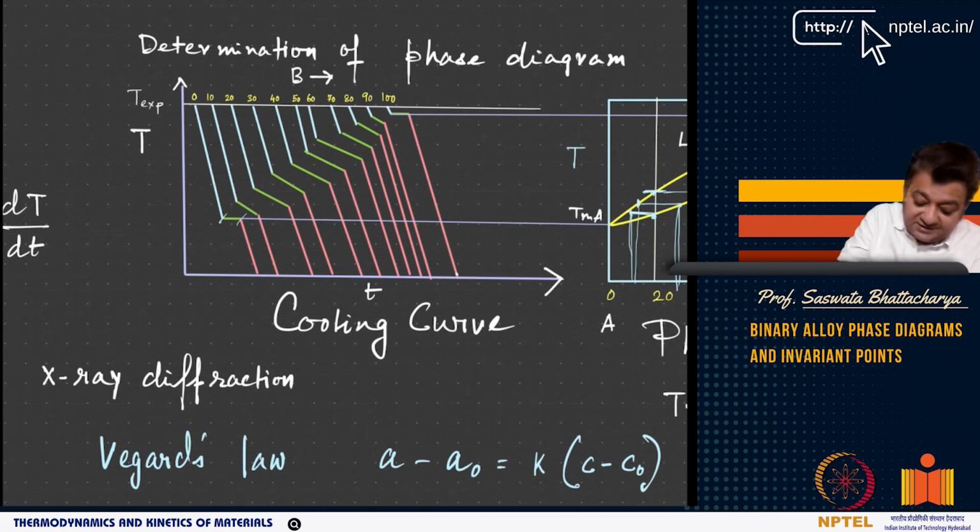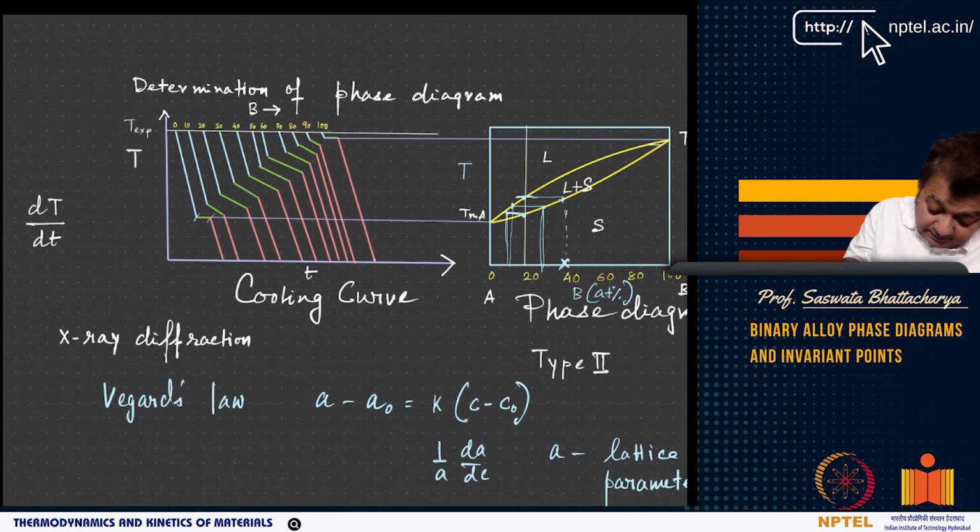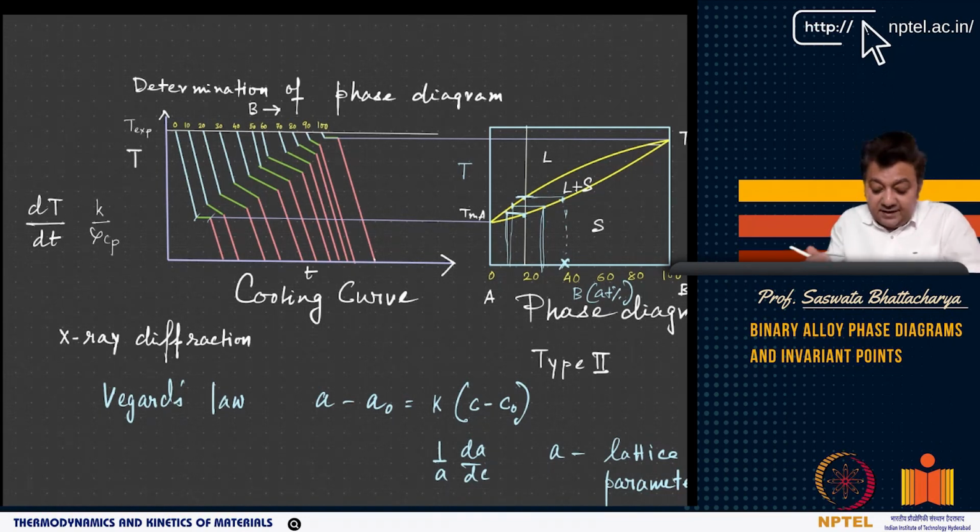The slope is basically dT/dt. It is dependent on the conductivity of the liquid and the conductivity of the solid. As you know, it depends on alpha, which is K over rho Cp. Cp is the heat capacity, K is the conductivity, and rho is the density, so it is proportional to, or equal to, K by rho Cp.